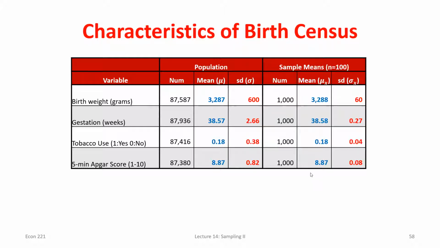Some of these are right on, right? This is off by like 1, but really if I looked at the decimal point, this wasn't even off by 1. Same kind of idea here. It's off at the second decimal, right? These are actually, when we round to the second decimal, I get the exact population mean for the mean of my sample means, okay? Now, they're gonna be a little off sometimes if we do this data exercise, because the